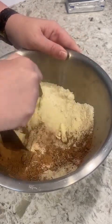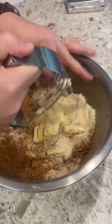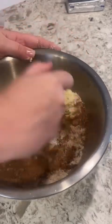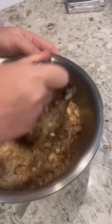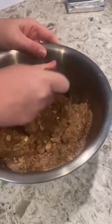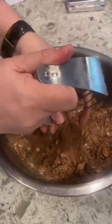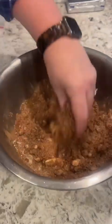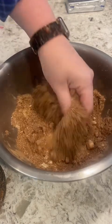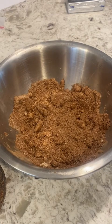I don't want it melted. I don't want it even softened. I need cold butter for this. You're gonna have to get your hands dirty to make a pie crust. Now, once it's mostly combined like this and your pieces of butter are small, I'm gonna add in an egg